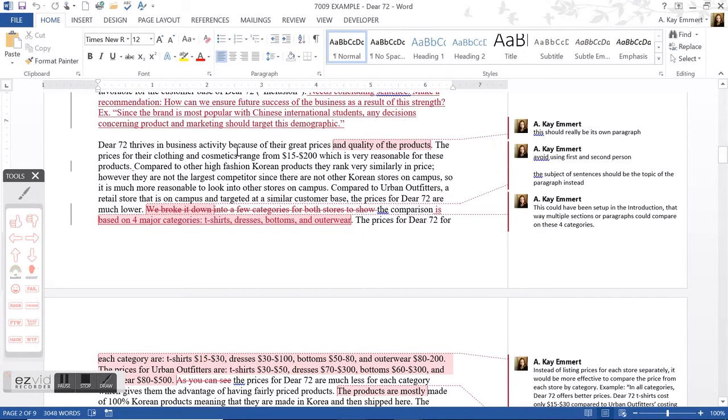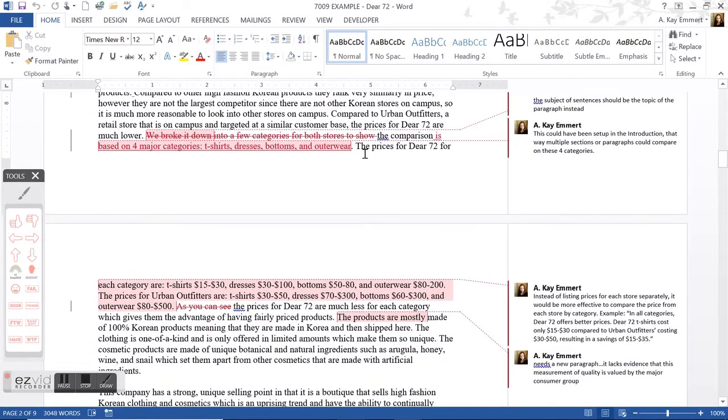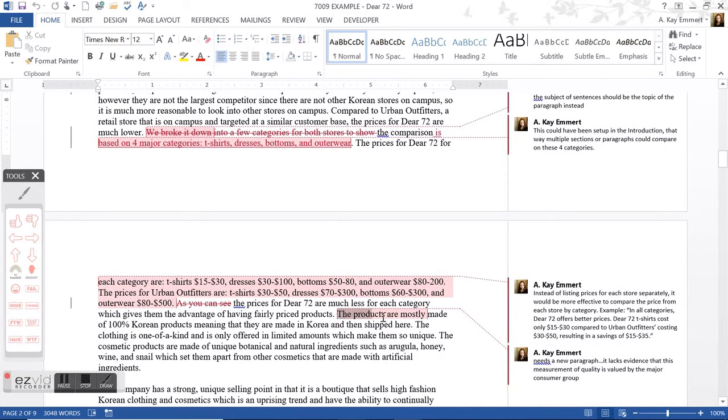So if you look at the rest of this paragraph, you see what happens down here. The products are mostly made of 100% Korean products, but there is no evidence in here saying that that is attractive to our current customer demographics, Chinese international students. So this really needs to be its own paragraph. We would move this topic down there,